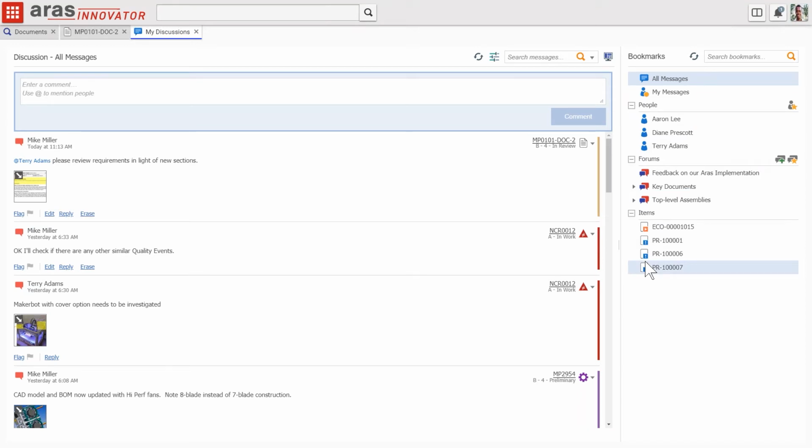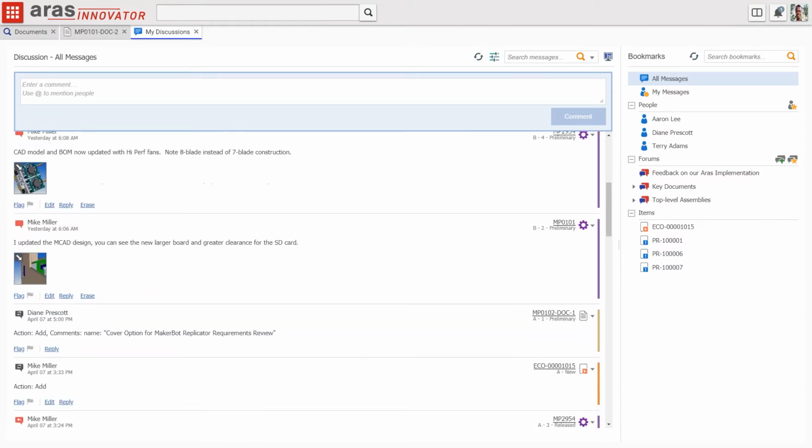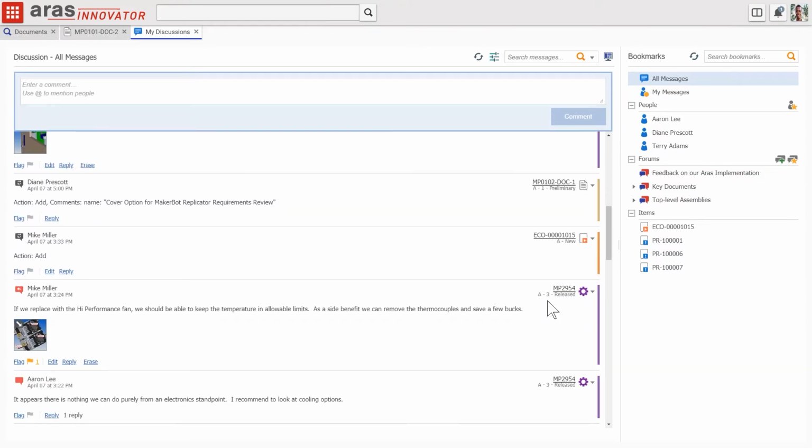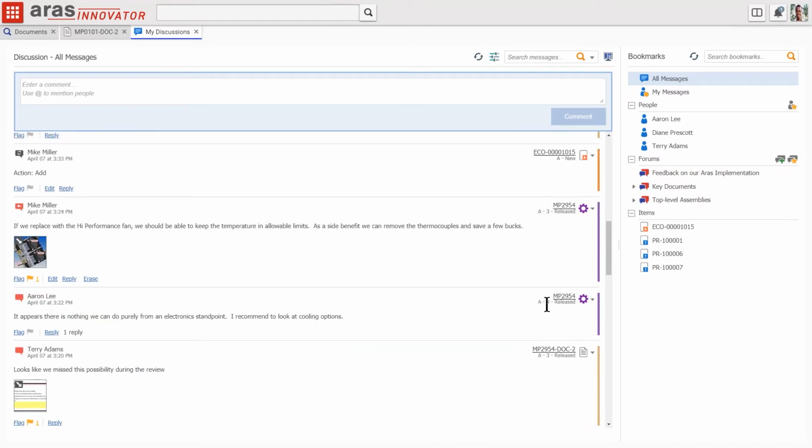And he'll then be able to sort by a lot of different things throughout the system. So you can imagine this would get very long and unwieldy if every discussion you're a part of appears. Can also be helpful, but you might want to narrow it down. Before we look at the options to narrow this down, I want to show you a few more features. So this, I told you, appears in every application that you need. So we have nonconformance reports, parts, documents, ECOs, and it all works the same as the one we just looked at. But they aggregate here.